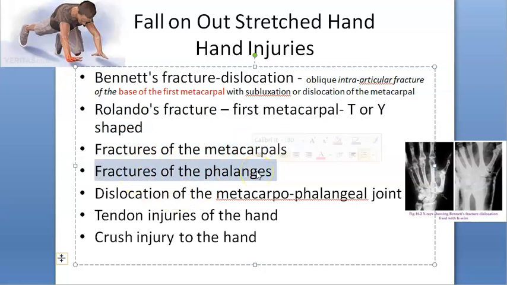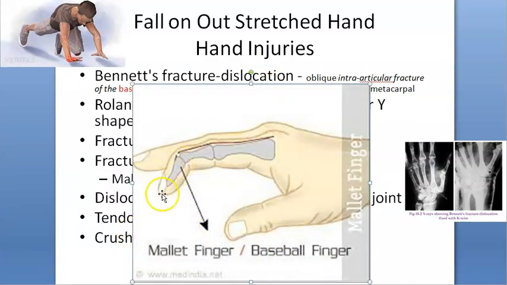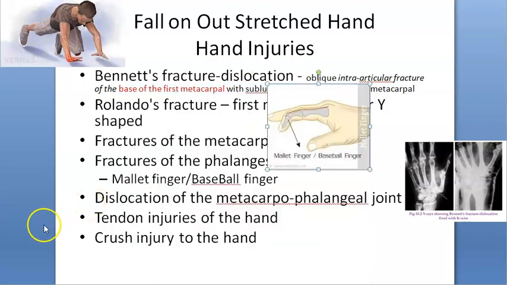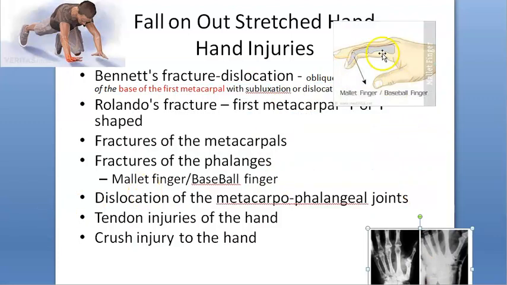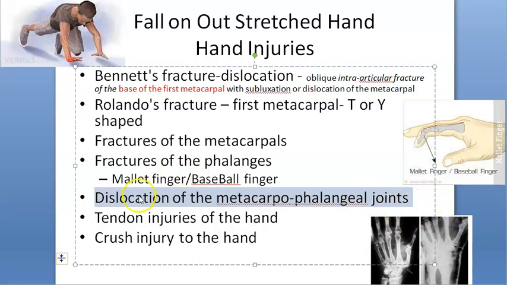Then phalanges can get fractured, guys. There is something here called as mallet's finger. Baseball finger. Look at this. The fracture of the phalanx they are showing. Mallet finger, baseball finger. If there is sudden passive flexion of the distal interphalangeal joint, what will happen? The extensor tendon of the distal interphalangeal joint is avulsed from its insertion. So this is the mallet finger or baseball finger. Each of these topics can be a huge topic in themselves, right? Each of these headings. So anyways, we will not go too much in details.